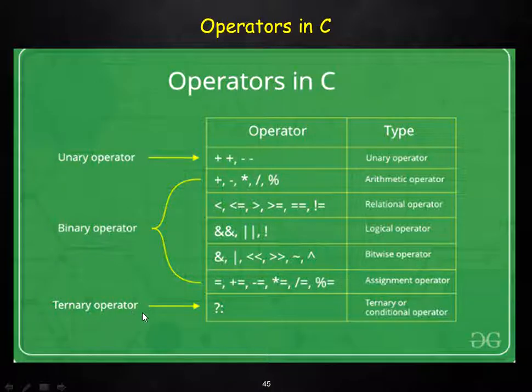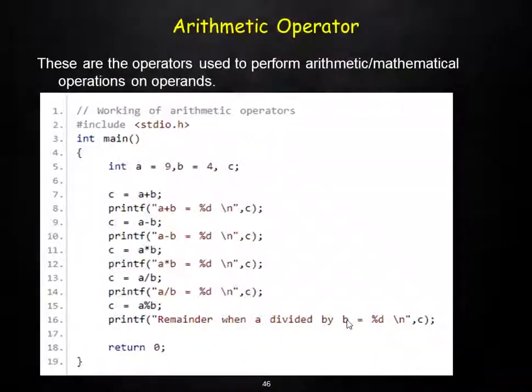So a and b are variables here, two of them, so therefore it is a binary operator. And ternary operator, because we are working on three operands. When we solve this, we will come to know why it is called a ternary operator. Basically you only need to know that unary deals with one operand, binary deals with two operands, and ternary deals with three operands. Under unary you have the increment and decrement. Under binary you have the arithmetic, the relational, the logical, the bitwise, and the assignment. And under the ternary you have the three-way operator or the conditional operator.